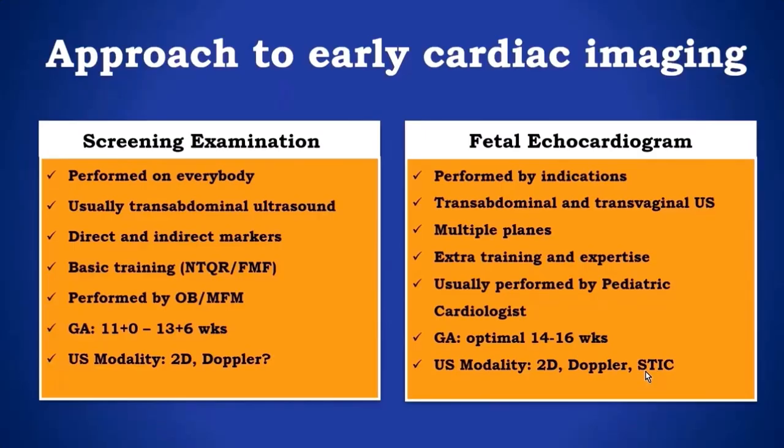We will look at the fetal heart using the transabdominal ultrasound for most cases. We will be looking at the direct, but mostly indirect markers of the cardiac anomalies. For doing this examination, we need basic training for the examiners. That needs to be a sonographer who performs ultrasounds in the OB office, but also an MFM. And ideally, that would be great if that person has some sort of first trimester standards